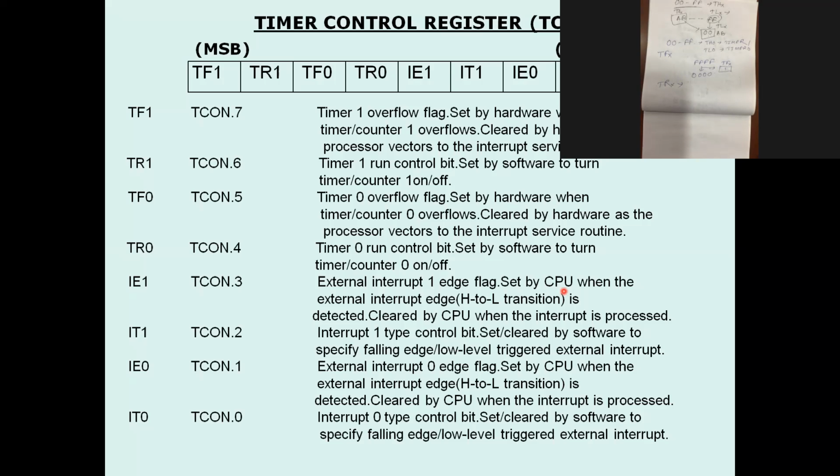It is TR0 and TR1 for timer 0 and timer 1. After this bit is set, the corresponding gate pin will be automatically on.